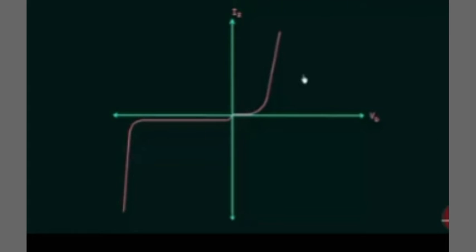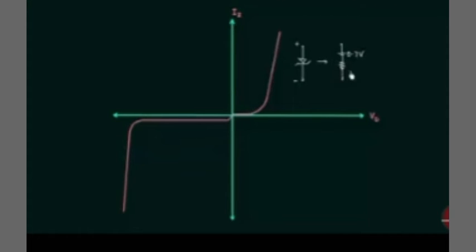Now I will try to obtain the equivalent model of the Zener diode using the VI characteristic. This is the forward bias region and the reverse bias region. In the case of forward bias, I have already explained the Zener diode. It's similar to the normal diode. This is the symbol of the Zener diode. I will connect the P side to the positive terminal and the N side to the negative terminal.